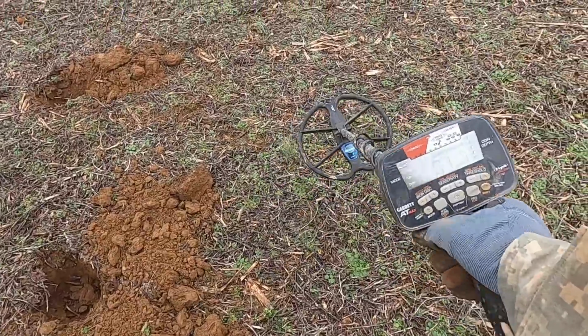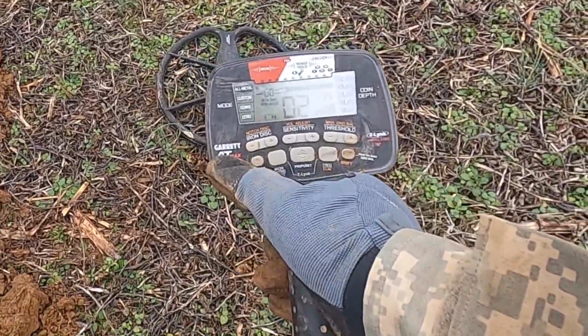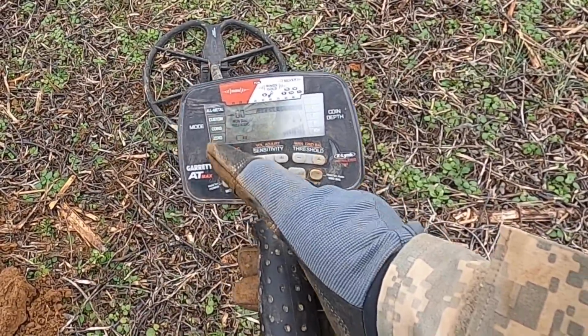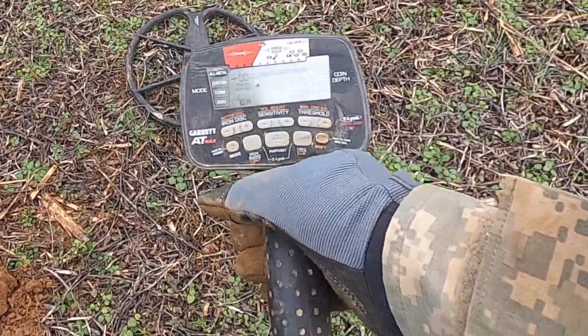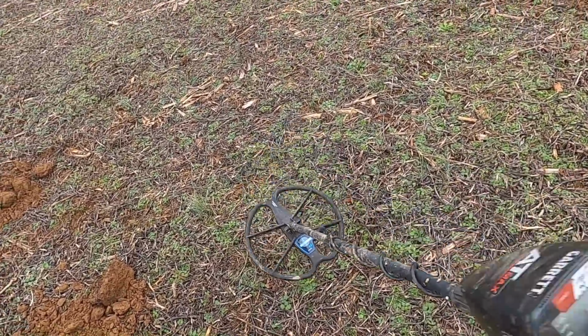Okay, now this is going to be a little bit more noisy because, well, let me show you. I'm hunting with a Garrett AT Max today. All metal, okay? Iron audio on, maximum sensitivity. I got 2 bars on the battery, so that's okay. If it drops to 1, we'll change out. This will be noisier than normal because it's an all metal, but I like to ground balance, and I'm finding that,